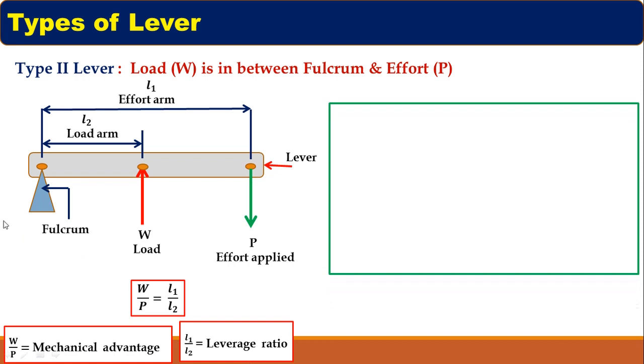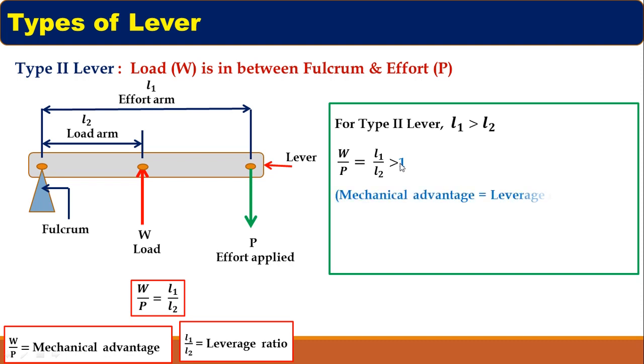Now from this picture we can see easily that L1 is greater than L2, effort arm is greater than load arm. So for type 2 lever we have to write that L1 is always greater than L2, which results in W upon P equal to L1 upon L2 ratio being greater than 1, as L1 is greater. So here mechanical advantage and leverage ratio are greater than 1, and thus we can use this lever in mechanical